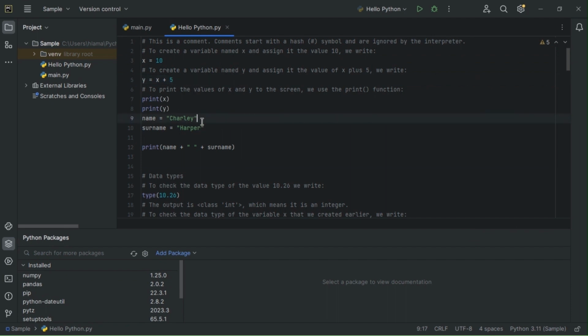It's not only numbers that we can store in variables. We can do the same with strings, like I can assign the name Charlie to a variable name, and so on. It basically does not end at just numbers and strings. You can also use variables to store very huge datasets, or to store lists or arrays of data. But just for showing you how it works,